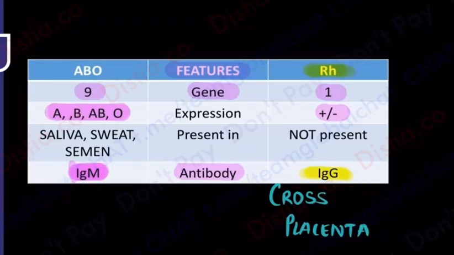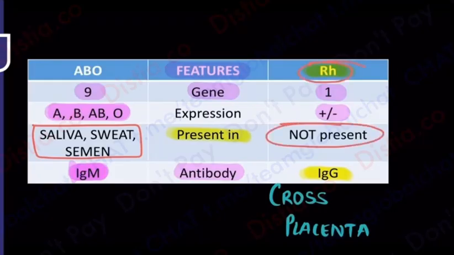Finally, where are these antigens most commonly expressed? Remember that the ABO blood group antigens are seen in saliva. They are called secretors. Secretors means you see them in the saliva, the semen, the sweat. You don't see them in CSF, though. But in saliva, semen, and sweat you see them. The RH antigen is not going to be present in any of these body secretions. So the body secretion feature is definitely for the ABO blood group secretors. They are called secretors. Okay. Now you have done